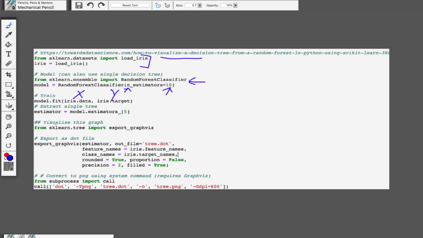The last thing we then do is extract one tree. This is just a sample tree that we are then going to visualize. So from scikit-learn, we import their graphics visualization function, and we pass this information into it. We give it one of the trees we want. We tell it the out file for